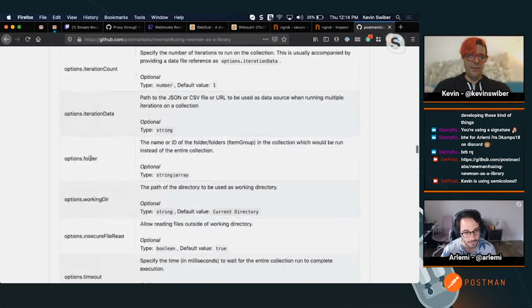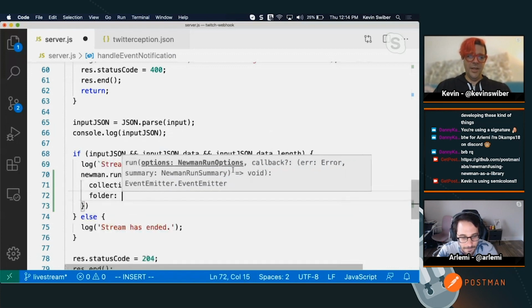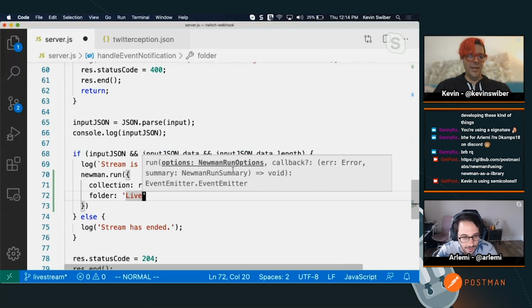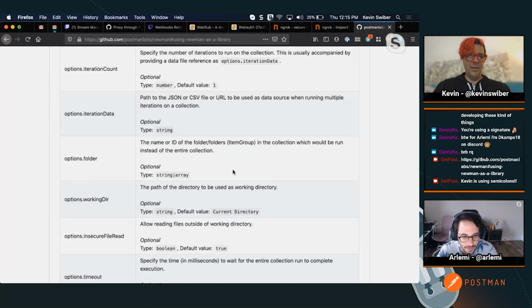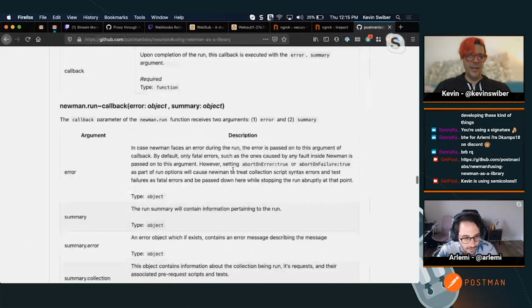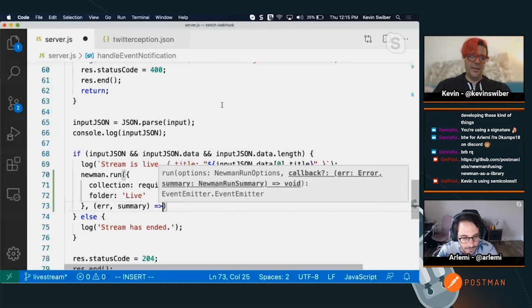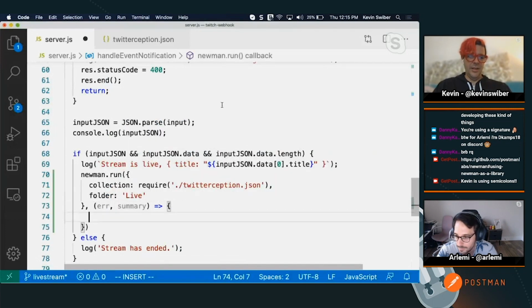Now there's look, folder. Nice. Ta-da. Okay. So then we do folder, and it was live. Yep. So it was okay. And there's probably some callback here. There is. Summary. Okay. We'll say